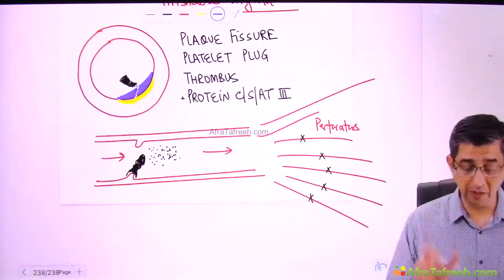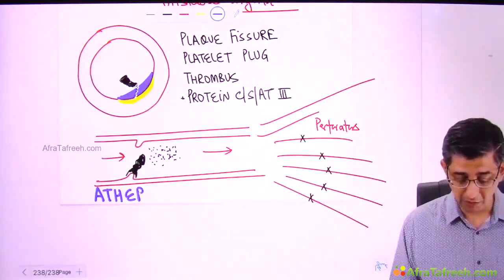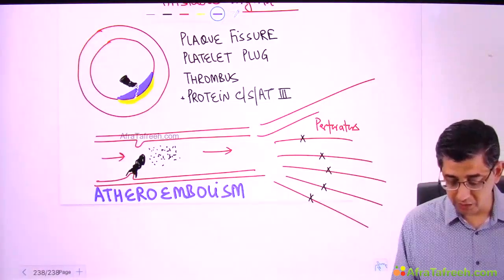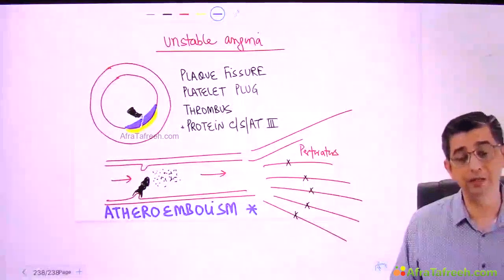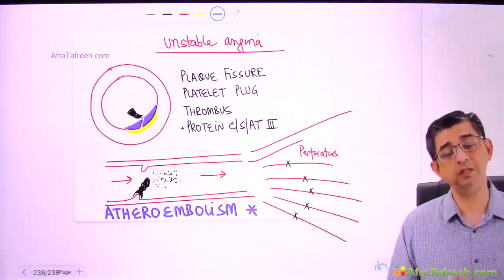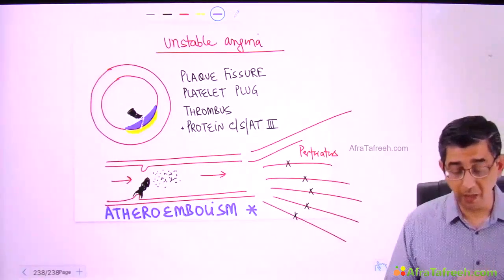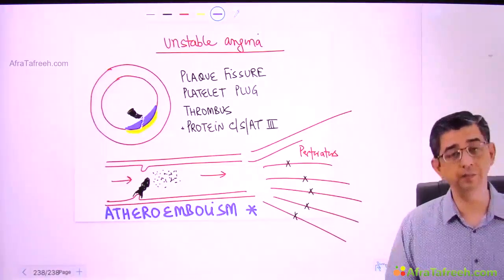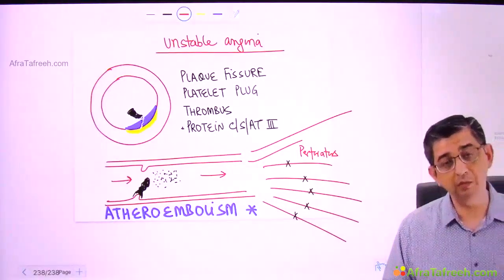If I am to write one single word that explains everything that is mentioned here, then I would suggest you remember simply this word, atheroembolism. And if you just get this word right, you will definitely remember the pathogenesis of the topic, that is unstable angina, or referred to as accelerating angina, where in the person previously there was chest pain at rest, now chest pain episodes are occurring at rest. Why? Because it's not the main coronary artery that is blocked, it is the ultra small blood vessels, that is the perforators, which are affected. In fact, just to see that you and me are on the same frequency, I can just make a statement before you.